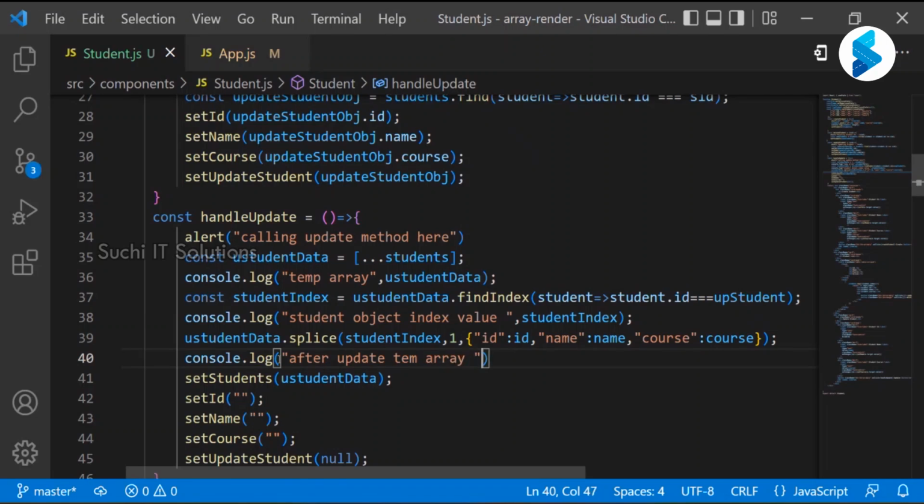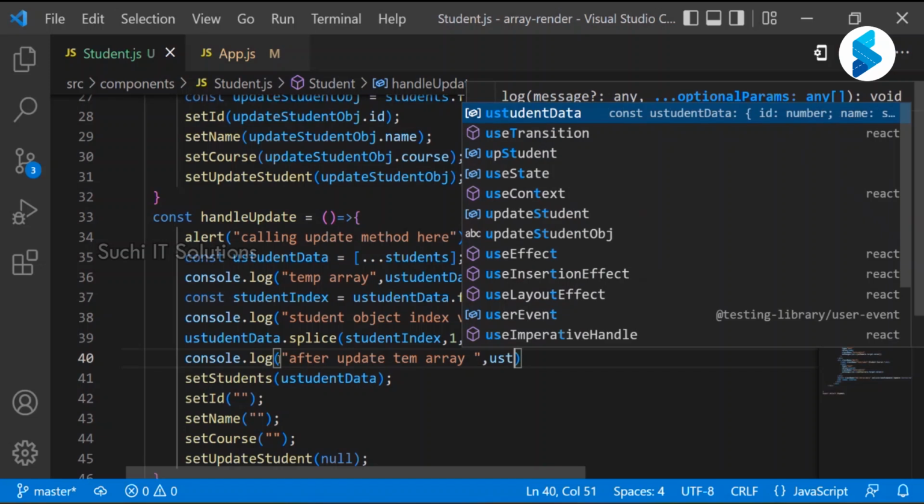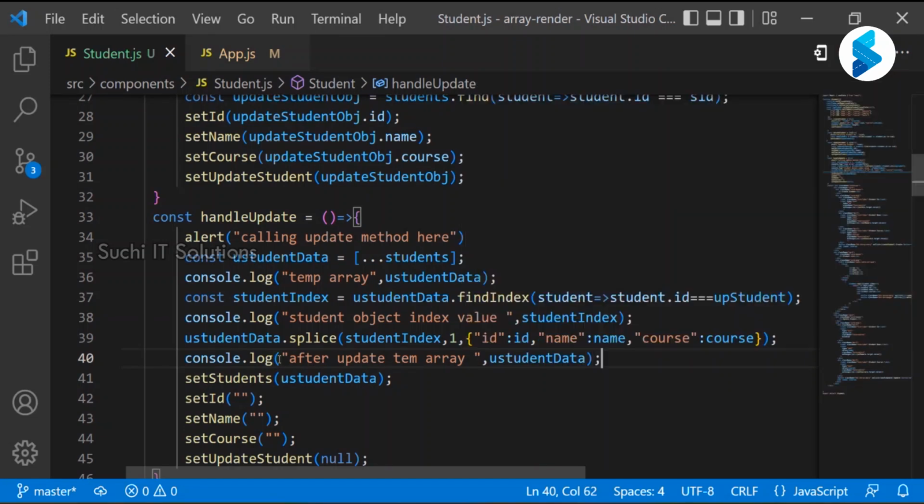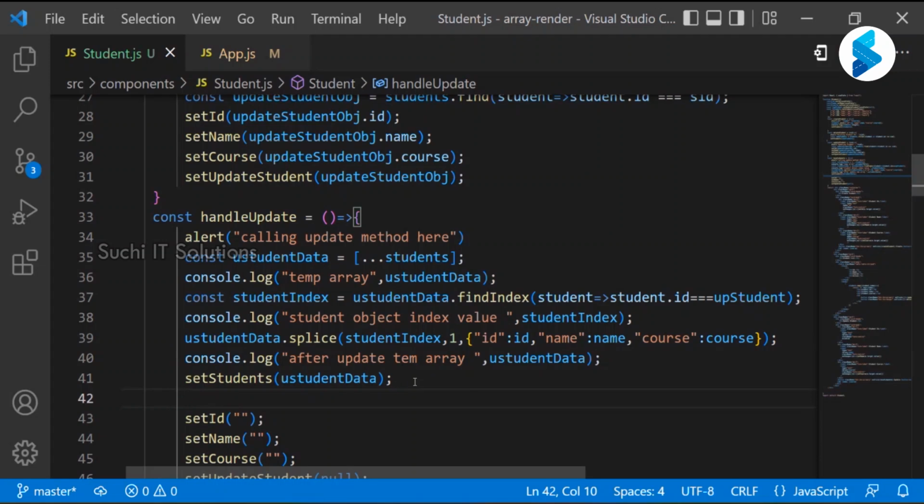Temp array means temporary array. I'm going to provide the student object data. Okay, to check whether it is replaced or not. So after that, we are going to replace the original array, right? So I need to provide here console.log